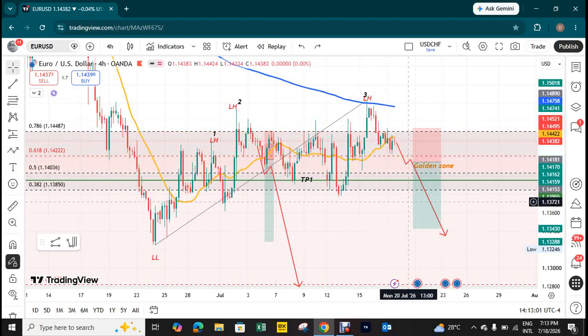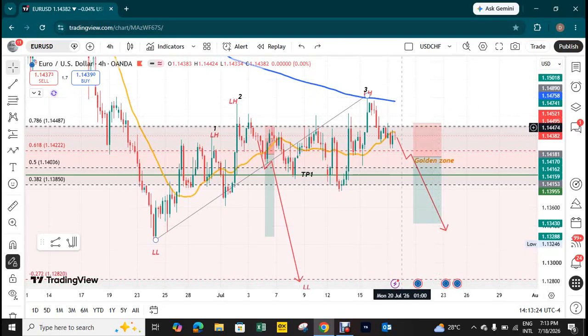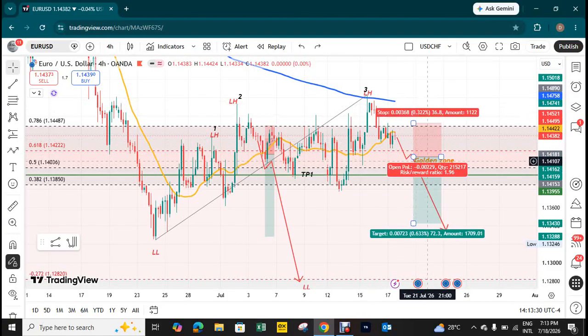That's what we wanted to see, but unfortunately price never got to the 0.618 area yet. So right now we are waiting patiently to see if price can do that, but we are going to be extending our wait till third week of July. So what we need to see now is price come towards the golden zone. That will be in this new week. So we're waiting patiently to see if price can come towards the golden zone,